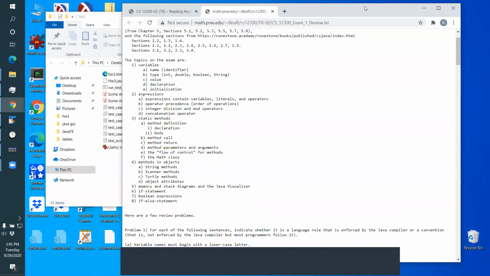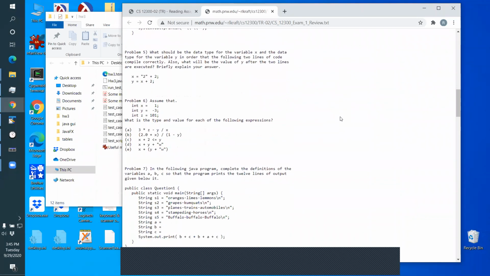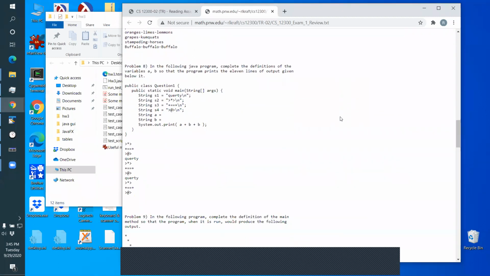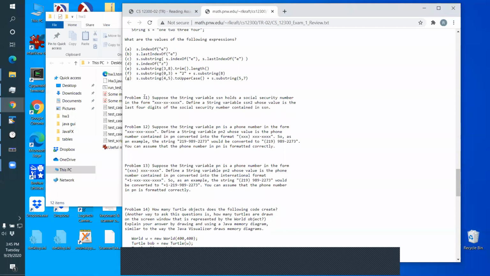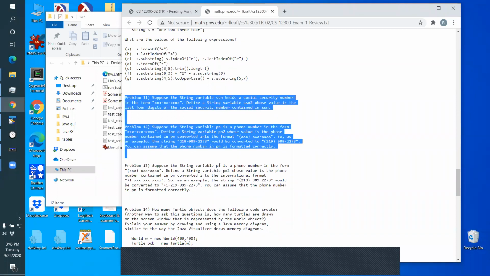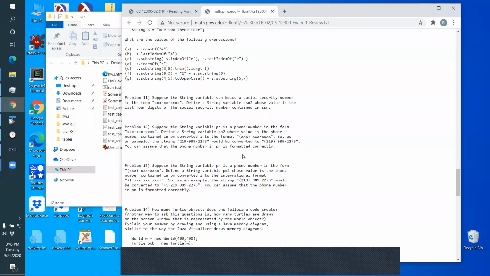Some of the problems ask you to draw a little picture, like draw a memory diagram, like the Java visualizer does. That would be kind of hard to do. I mean, you could do that in Dr. Java. It'd be a little bit hard to do. You could do that in Word. Word will let you draw little pictures because you just need to be able to draw little boxes. If you just do it with paper and pencil, that might be the easiest way to do it,